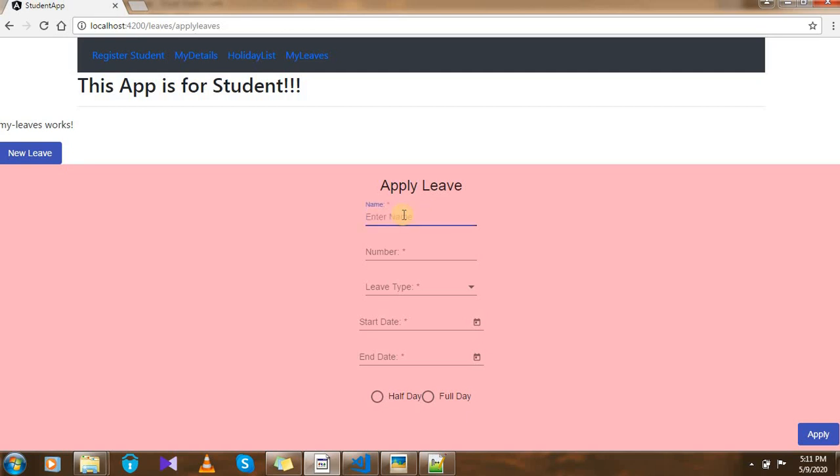So if I touch this name field and I'm not giving any name here, if I just come out of the field, see, it is giving the "name field is required" validation error. In the same way, it gives the user-friendly message to all the fields. Leave type, I'm not selecting any leave type. It's giving an error message like "leave type is required". For start date also